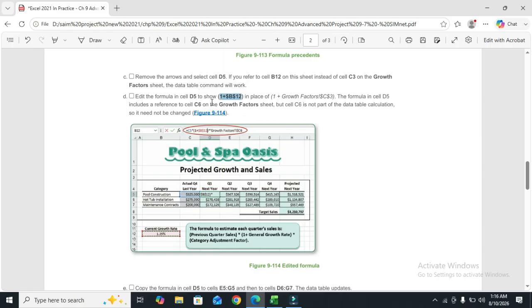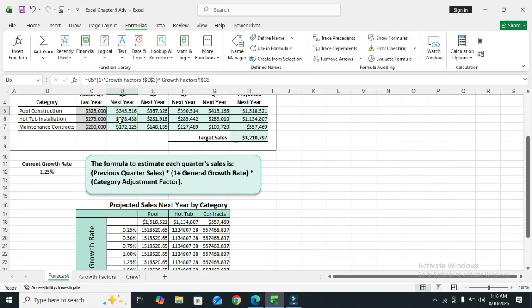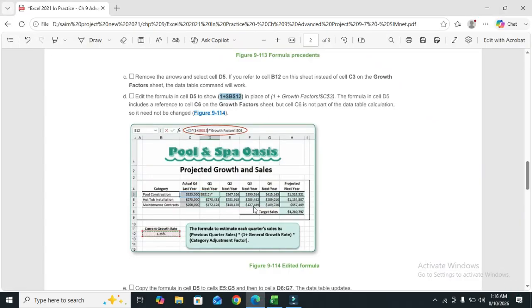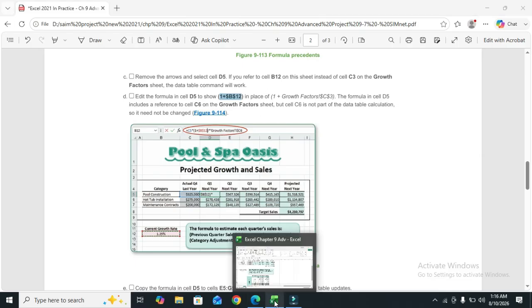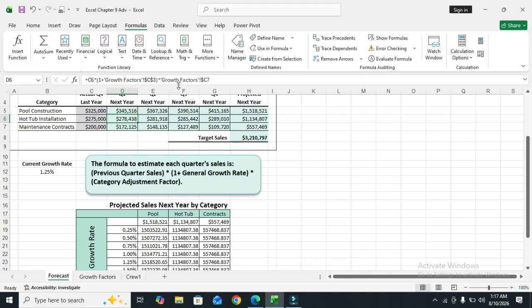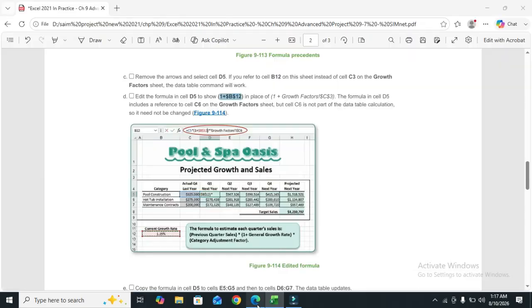Delete this formula and paste, and click on Enter. The formula is also correct. So step D is also done.